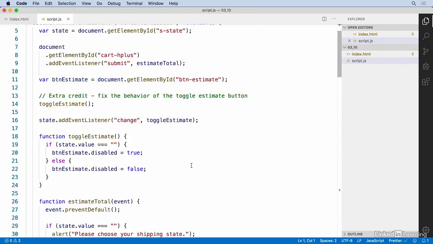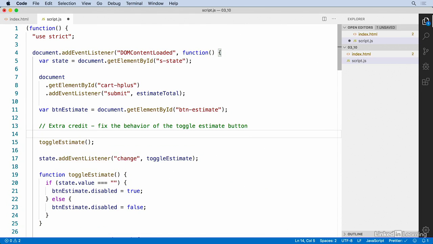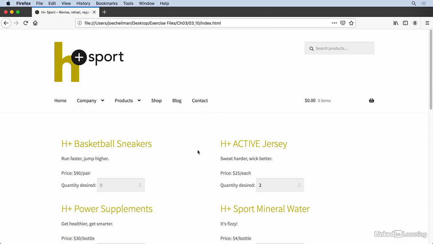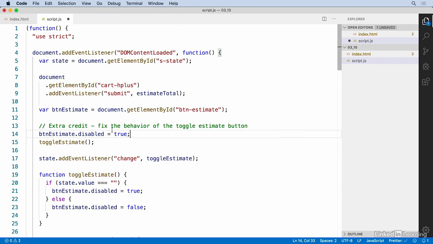For a little bit of extra credit I gave myself, I changed the behavior for how the estimate button is disabled. The way it was working before, button estimate.disabled was always being set to true when the page loaded. Now, because of the way browsers work, when you refresh the page, if nothing else changes, the values can be maintained for you. So always disabling this without first checking whether the state was actually chosen or not wasn't helpful. So instead,